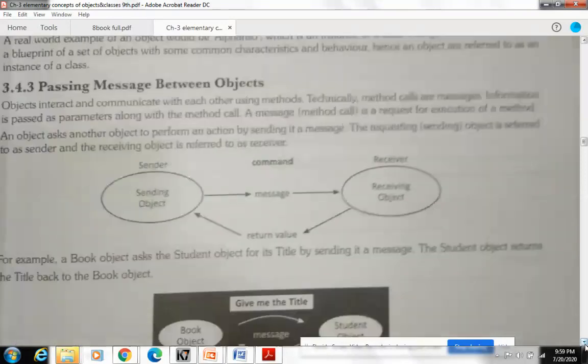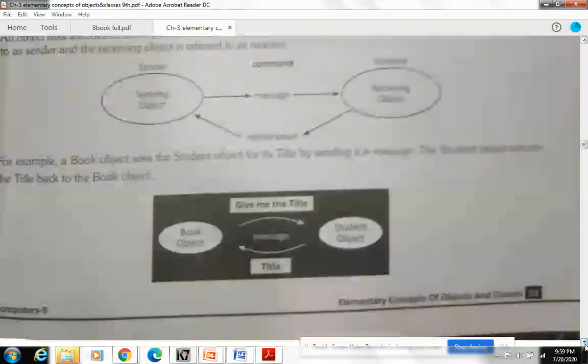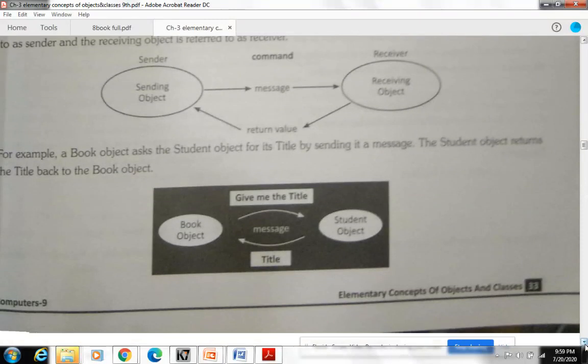Next is message passing. I told you with a program also, message passing means using methods. With methods we are passing the data and getting the results. Suppose I put the values 5 and 6, these two values are my data, and I send them to a method. Which method?